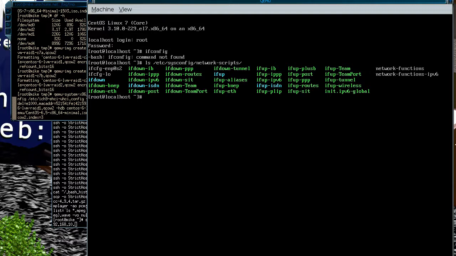And see, it's got a funny name. It's ENP0S2, whatever that means. And so you have to do dhclient, and then you type in that funny name that they choose,